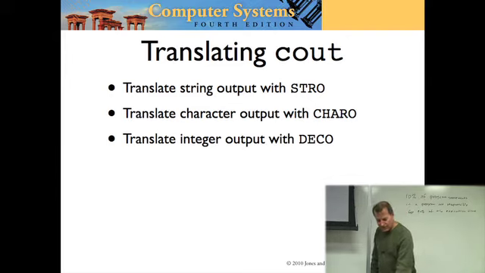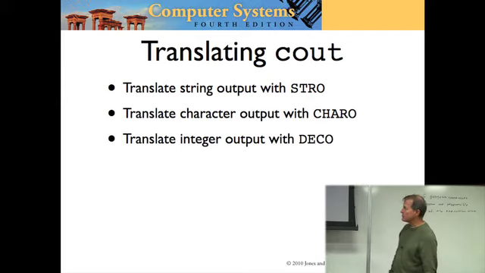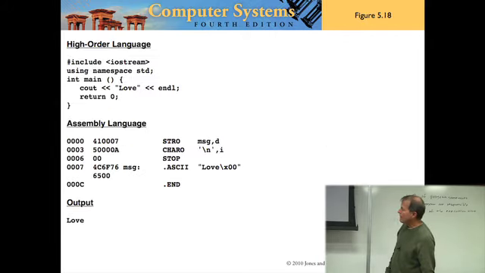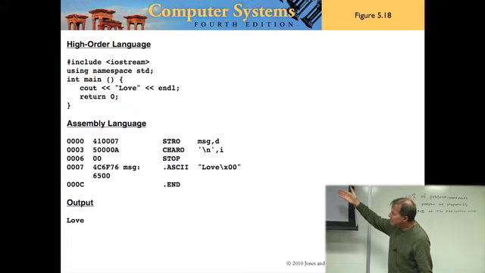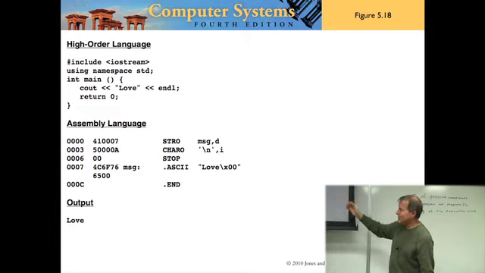All right. So here is our first program. Our job now is, given this C++ program, which is figure 5.18: pound include iostream, using namespace std, int main, cout love, all you need is love, and then endl, appropriate for Valentine's Day, and then return 0.